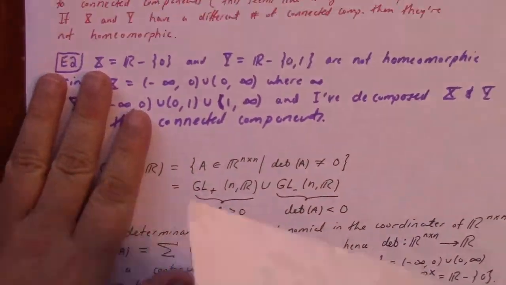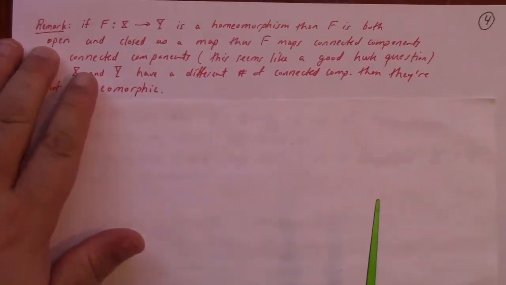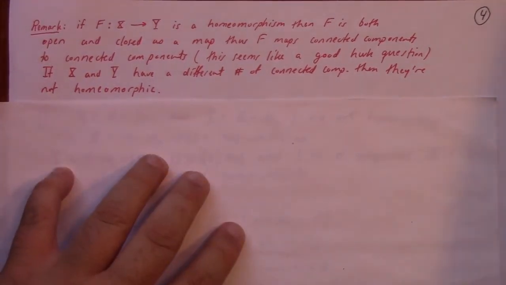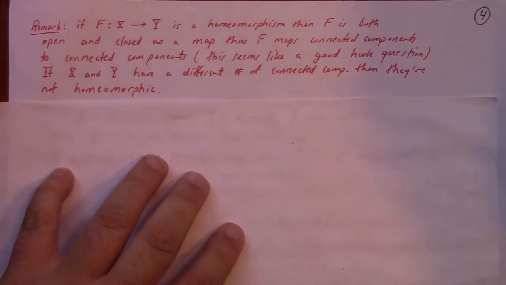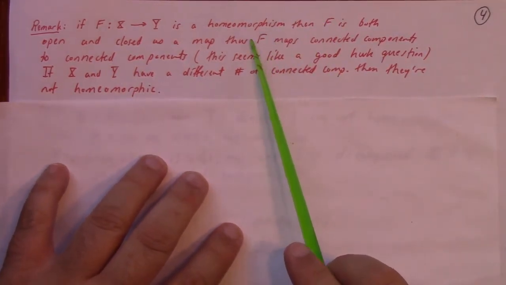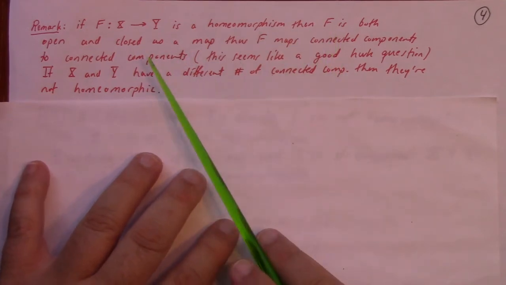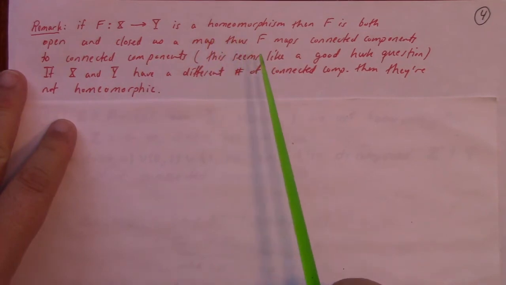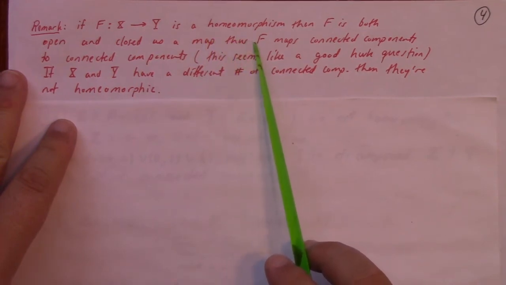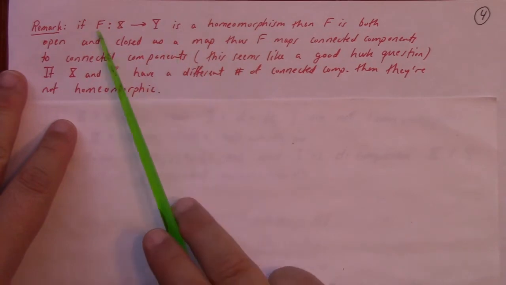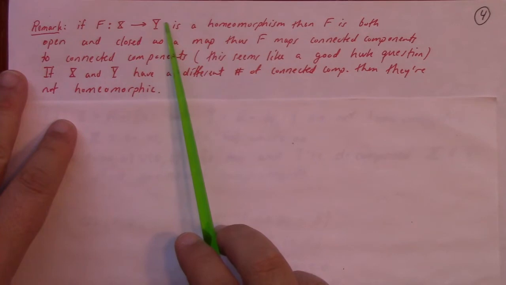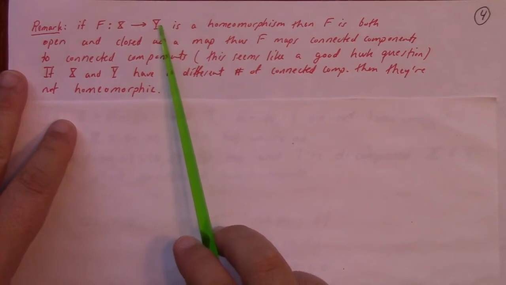All right, so remark, if f from x to y is a homeomorphism, then f is both open and closed as a map, right? The reason I say that is because if it's a homeomorphism, that means its inverse mapping exists for one thing and is continuous for another, right? But continuity of the inverse map means that the inverse image of an open set is open,